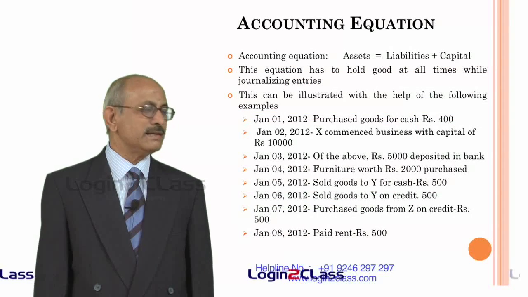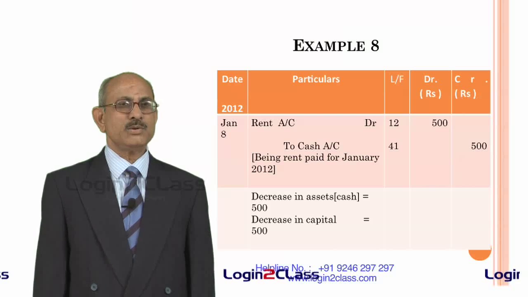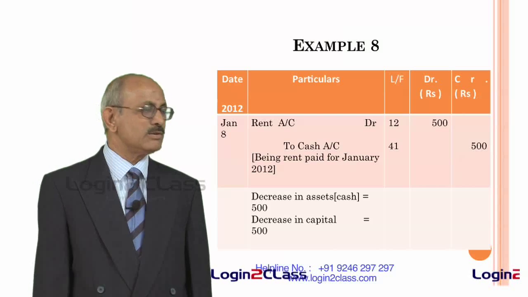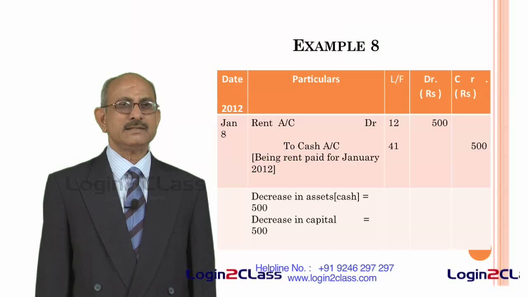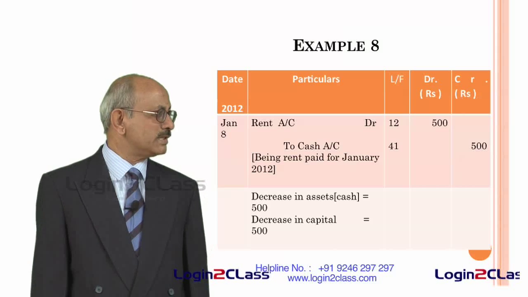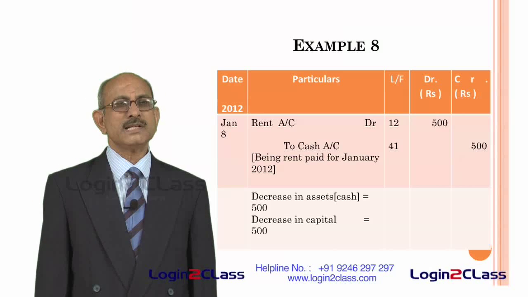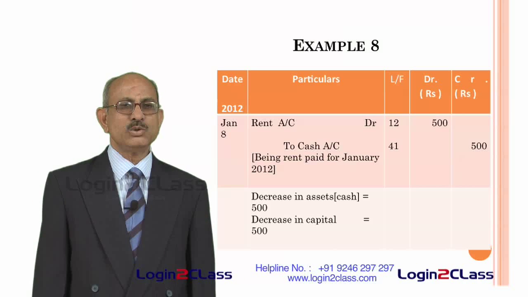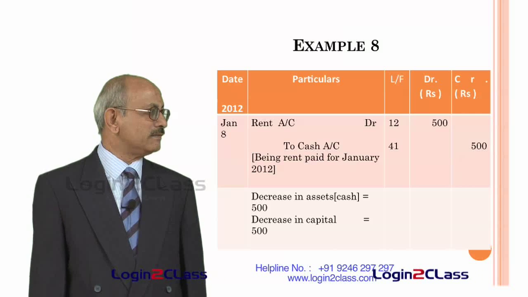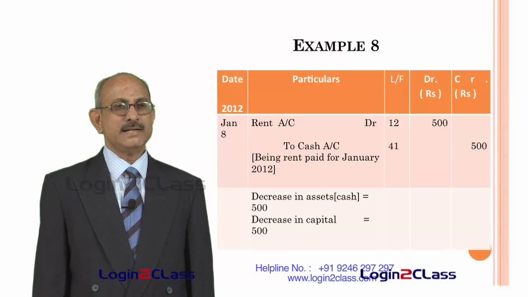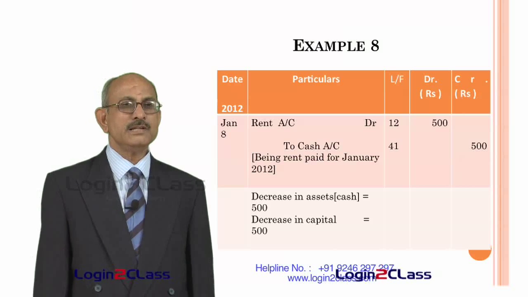Then example 8, where rent has been paid for a particular month. So, rent account is debited with 500 and cash account is credited with 500 rupees. So, there is a decrease in the assets in the form of cash by 500 rupees and a decrease also in capital by 500 rupees, because rent is an expenditure which will go to reduce the net profit, which will consequently reduce the capital. Therefore, the right hand side and the left hand side both have gone down by 500, which means the equation